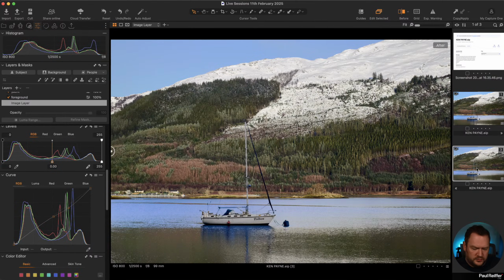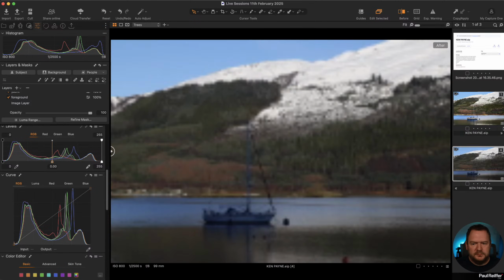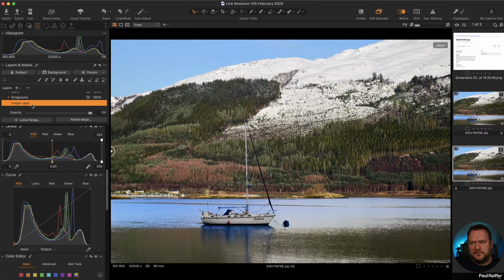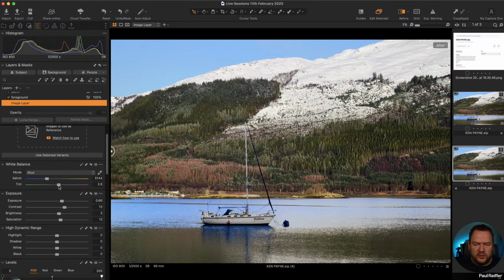Right, let's just reset some of that again, sorry. So, image layer. You can make all the changes you want on your image layer. There is an advantage to not doing so, which is if I decide I don't like all of these changes together, an individual tool I can always reset. I can reset our contrast tool pretty easily. Double clicking on any of these sliders will reset them back to their base.